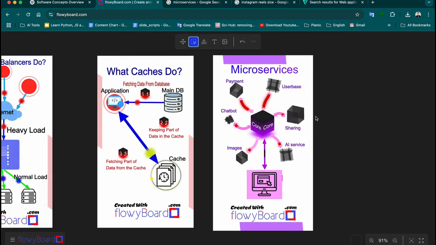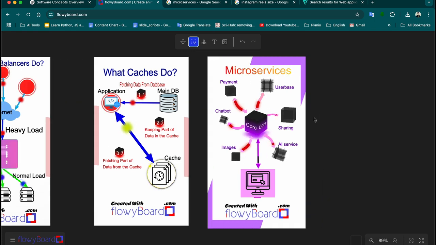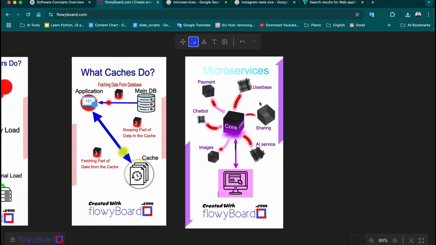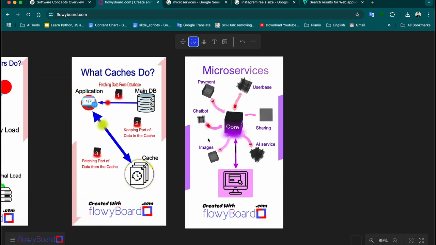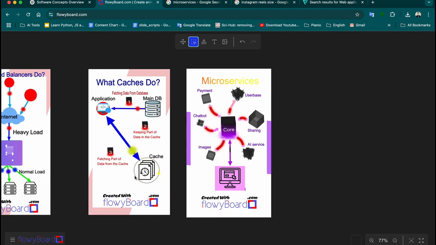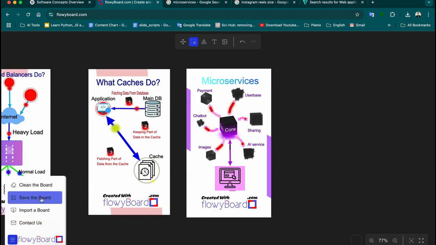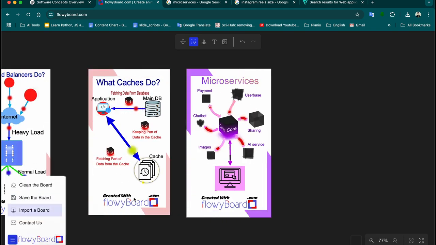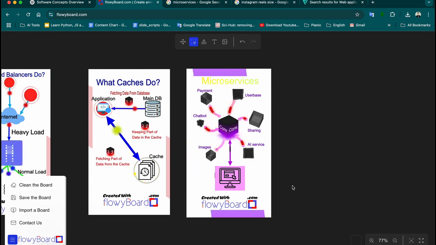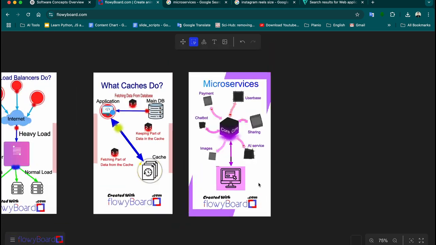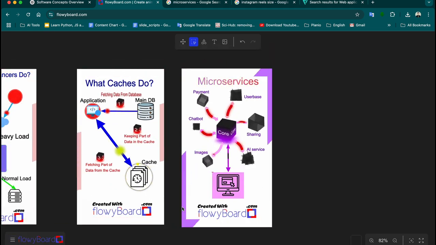So the final part is capturing the screen, to see the end result. We can just save the board here, and then we can import the board here. The file format is not a video, so